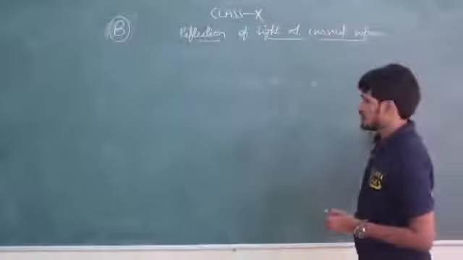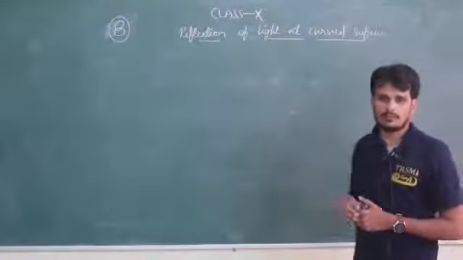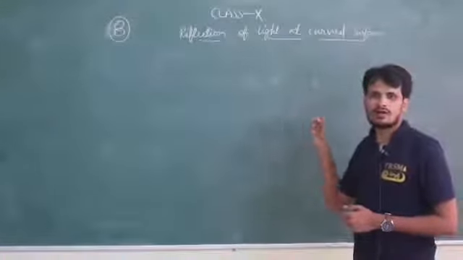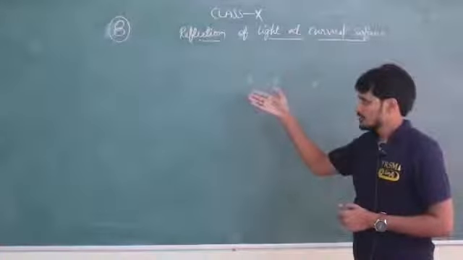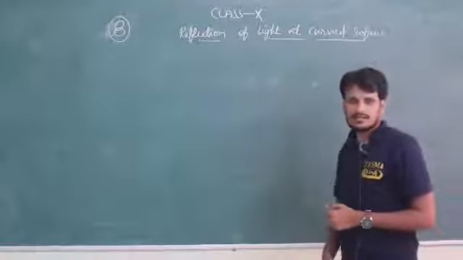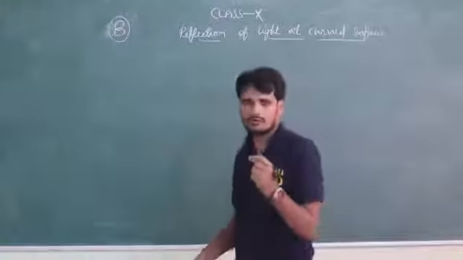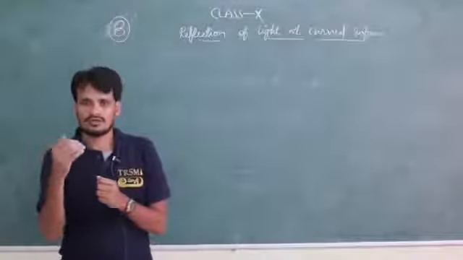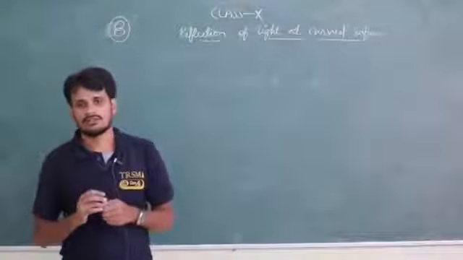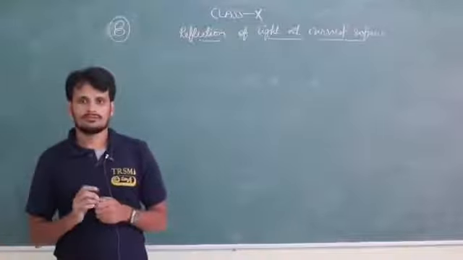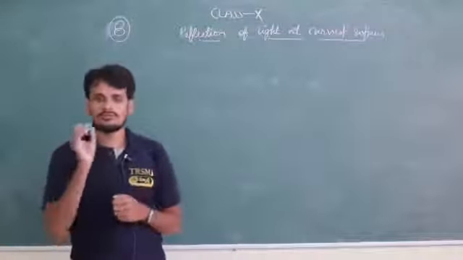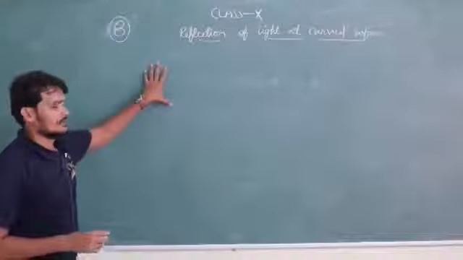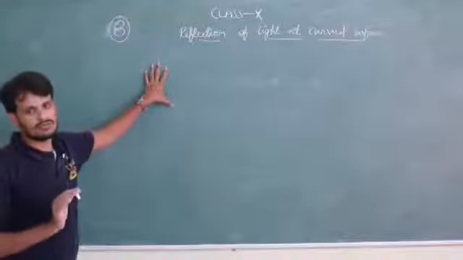Those values are applied in a particular formula to get the focal length or respective quantities like object distance and image distance. So how are we going to find the image distance, object distance as well as focal length? We need a formula to find these values perfectly. So in this class we are going to derive the mirror formula for curved mirrors.